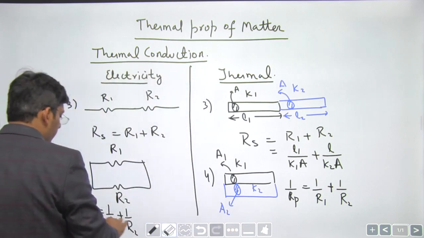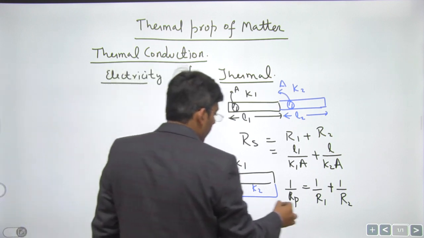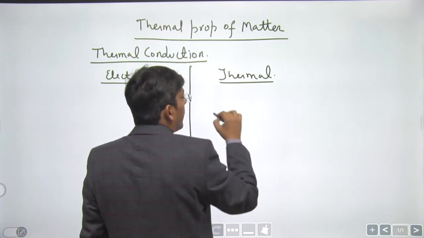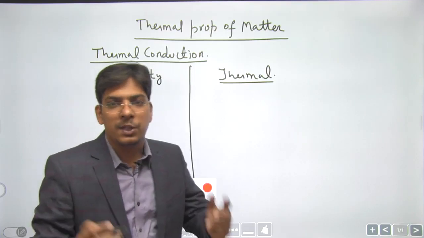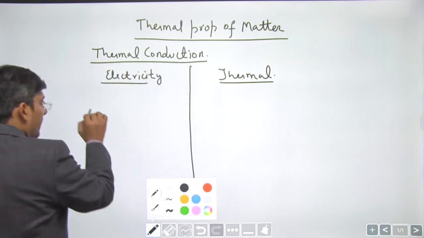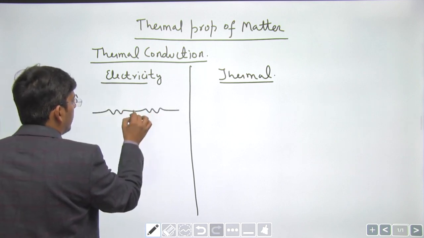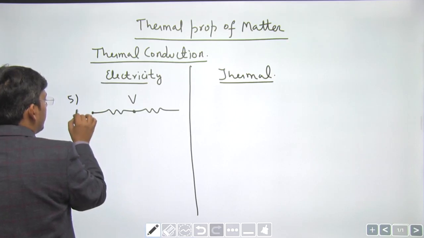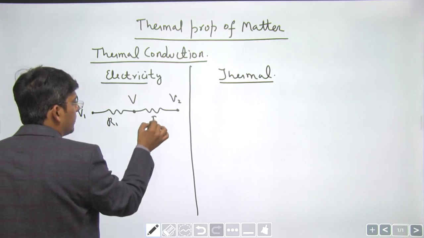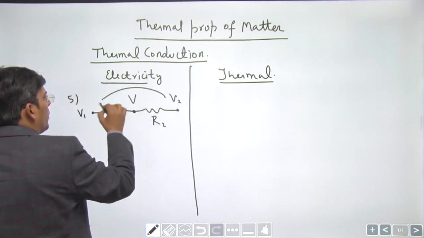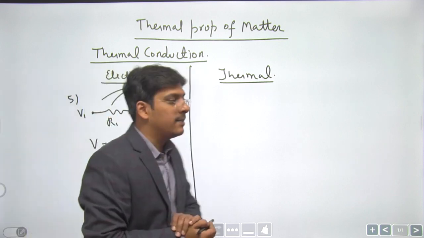Sometimes we are asked that, okay, we have two conducting slabs joined at a junction. The one slab is touching the furnace, the other slab is in the ice bath, and we are asked to calculate the temperature of the junction. So, in electricity also we have a formula to calculate the potential of the junction. This is point V, the potential of this point being V1, potential of this point being V2, resistance being R1, resistance being R2. Dear students, use a beautiful shortcut, that is the section formula that I have already taught in the full course of current electricity, right?